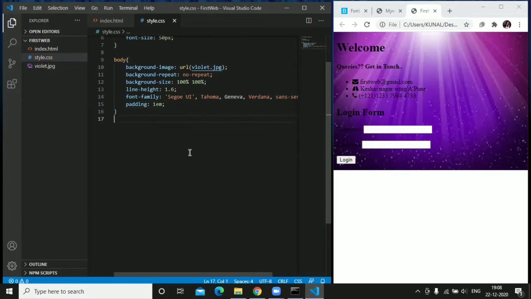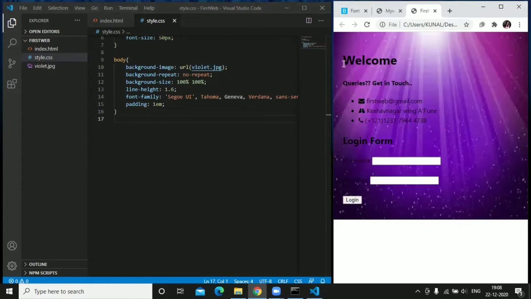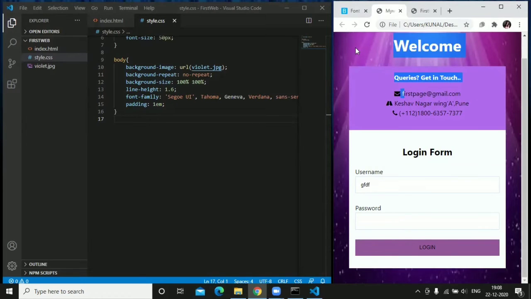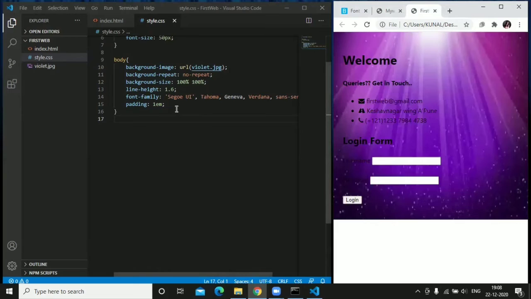So guys, what is 1em? I'll tell you the difference between em and rem. em is scaled to the nearest parent, and when we use rem, that is scaled towards the root parent. Here the background image is the root parent, and this is the nearest parent. We have used em in this, so this will use the padding of the nearest parent.